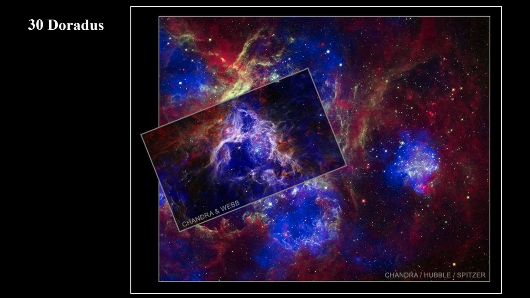I like the image on this slide, as the background image is the Chandra Hubble-Spitzer composite, and the highlighted region is a Chandra JWST composite. This is just a really nice image to show why wavelengths from one end of the spectrum to the other need to observe and study deep sky objects.